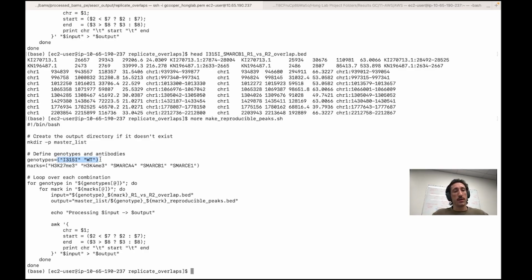And then we can use this kind of master list to then compare signal values at our mutant genotypes. So I'll walk you through what this command is actually doing, which I called make_reproducible_peaks.sh. And so here pretty much I'm just creating an output directory called master list. I always put this at the beginning of these commands just to make sure there's actually somewhere to put my